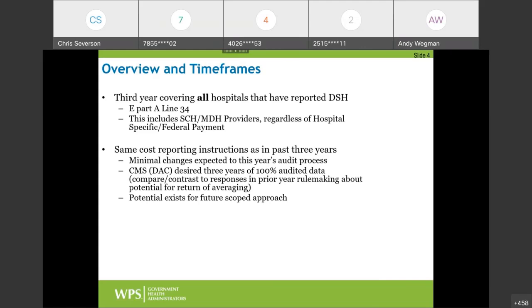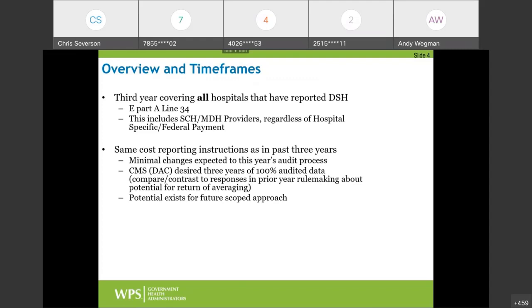And the reason is that they wanted 3 good years of audited data so they can take a look at any trends. They can take a look at just the findings in general before they make a decision about possibly going back to something like a 2 or 3 year average of data rather than just 1 year being used for the factor 3. It's possible in the future, depending on what they found, as they start to get more comfortable with both the provider and auditor understanding of the data, they might be comfortable enough to allow for more of a scoped approach in the future, but that's a little bit of speculation until they issue the proposal and